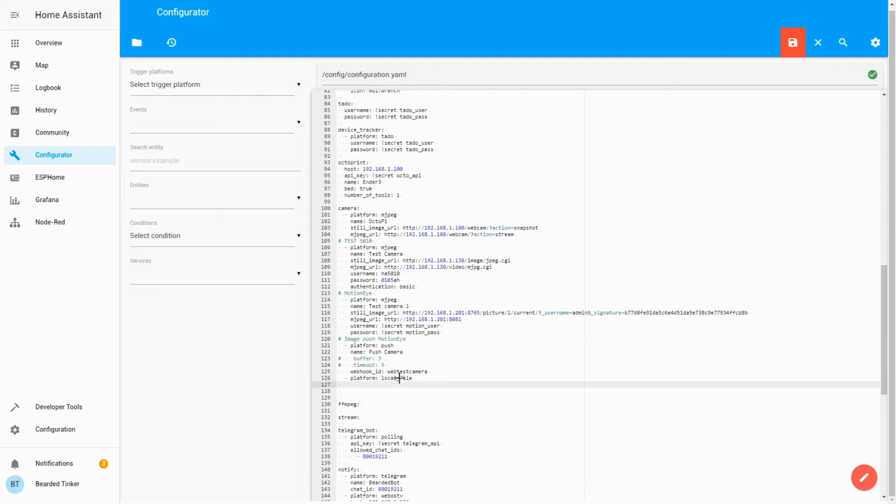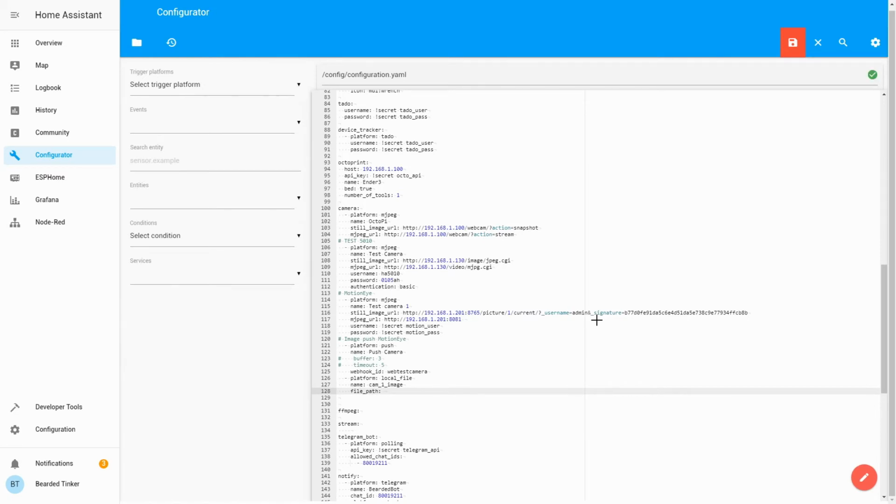Next thing we need to do here is give it a name. Let's call it cam1 image. And the last part we have to define for this local file camera is of course the path to our camera file. So this will be file path,